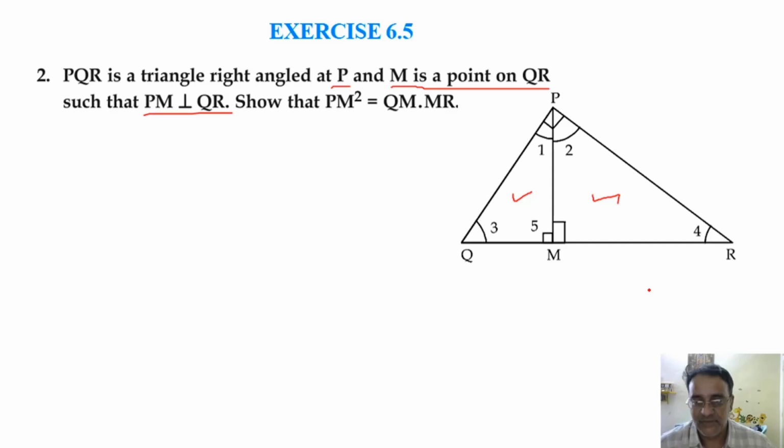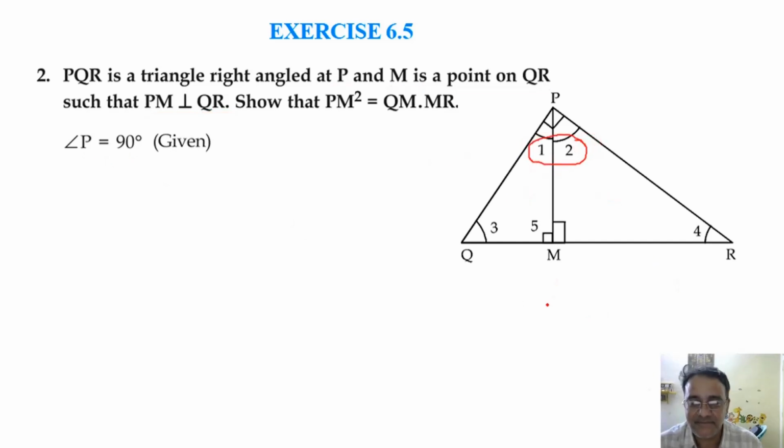पहले. So कैसे करेंगे देखो ध्यान से. Angle P is 90 degree. So what is the sum of these two angles? 90 degree. So angle 1 plus angle 2 is equal to 90 degree. Okay. Now